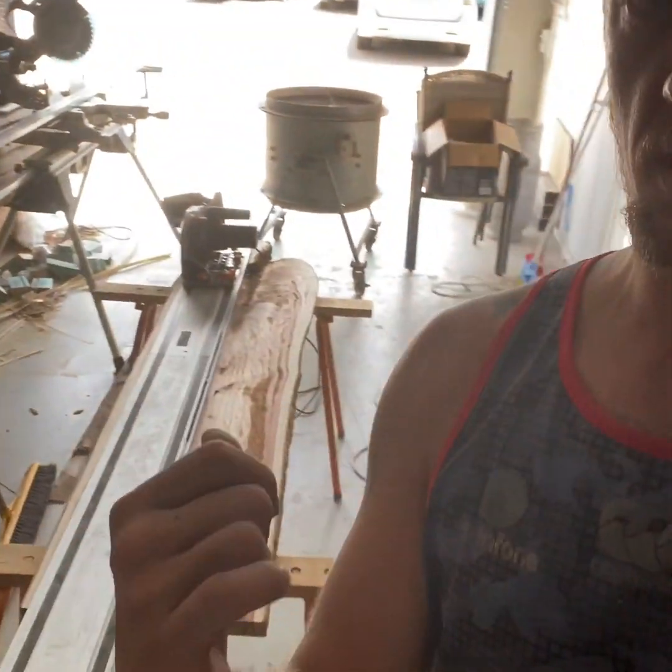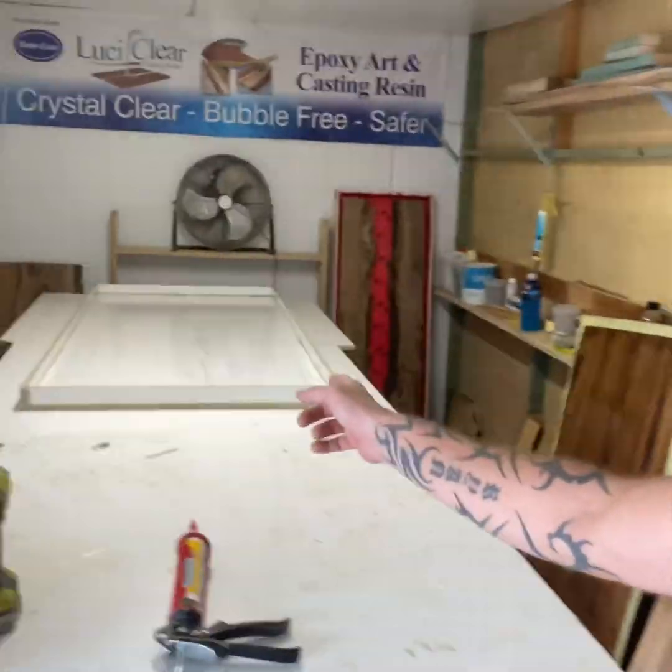So now that the mold's done, I'm going to take the slabs next door, throw them through the thicknesser, cut the edges on the panel saw, come back in here, refit them in. Once they fit perfect, we'll seal it up and get ready for the pour. Sweet, now I've got the track saw all set up over here. I'm going to cut these and then get them into the mold over here. After this is dried out and sealed up, we'll fit them in and we'll measure out how much the